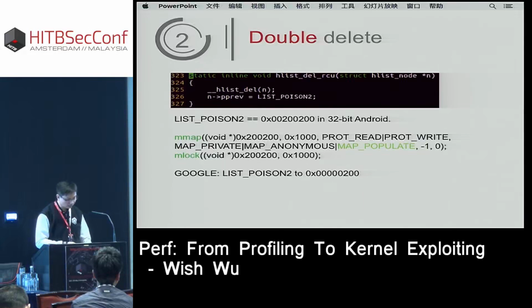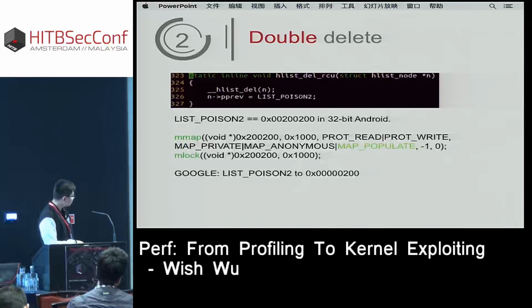Here is the node delete function of hlist. Deleting one node, the pprev pointer of the node will be set to list pointer 2. After they delete the node, they will set the pprev pointer to list pointer 2. List pointer 2 equals 200200 in